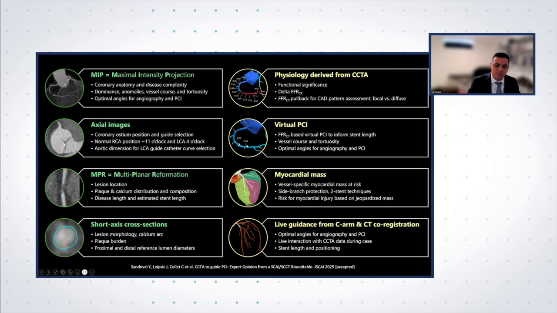Now, last, you can further complement that with other elements. Some of these are investigational, being evaluated in the pivotal PRE4 trial, but those include things like even myocardial mass and even light guidance in the CT, where the C-arm will be moving around as you do your procedure. So again, this is a conversation, this is a chat, just to break the ice and start the discussions, but these are many of the elements that are available in any case, particularly the ones on the left. And I'll be very interested in kicking off the discussion here as to what are the opportunities.